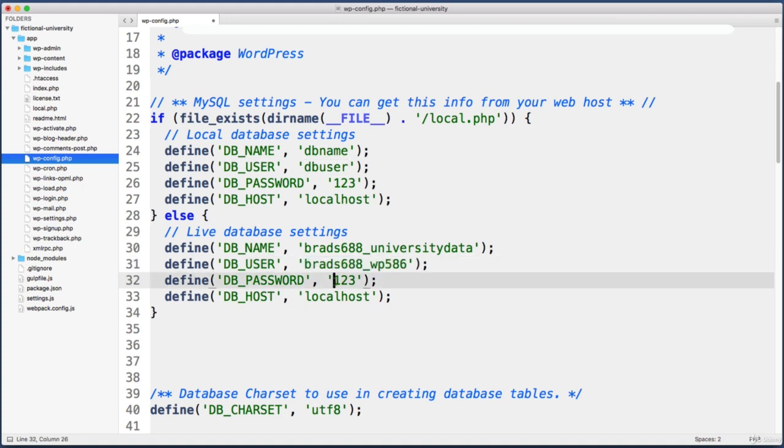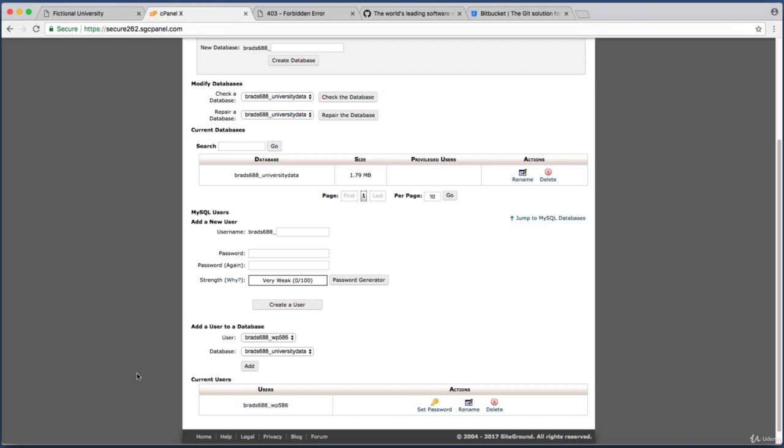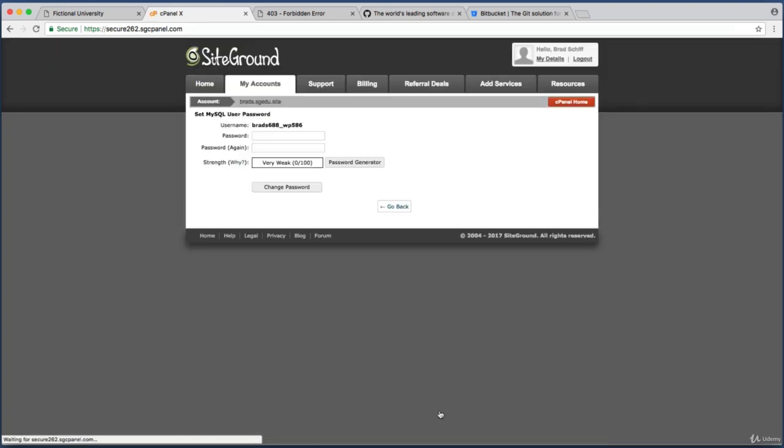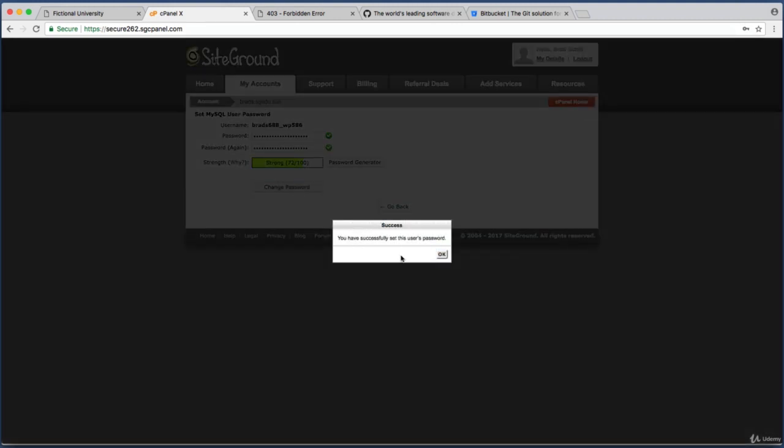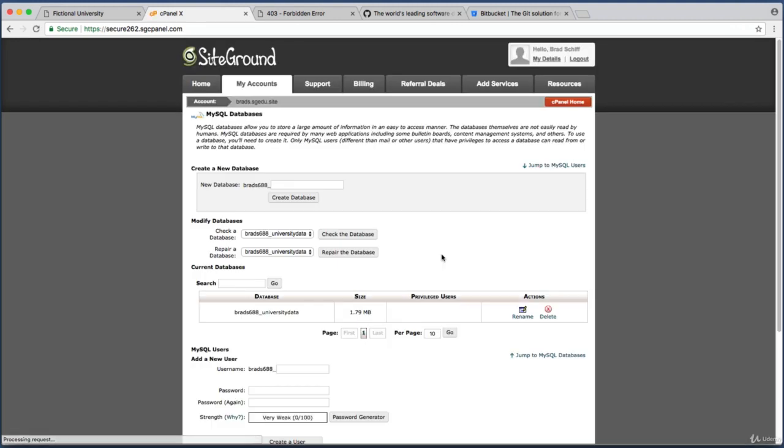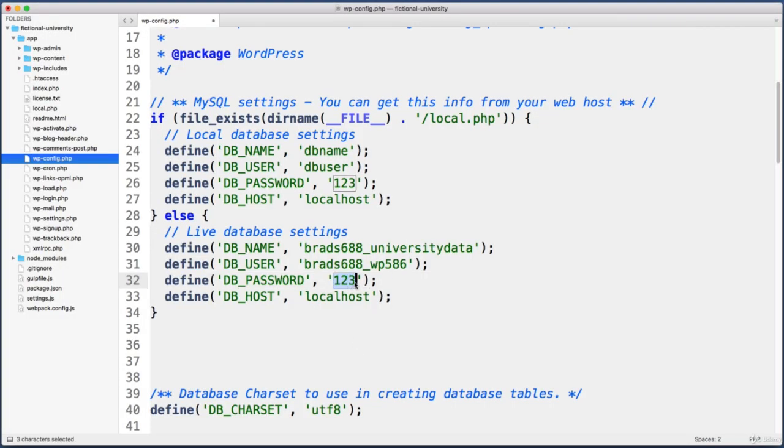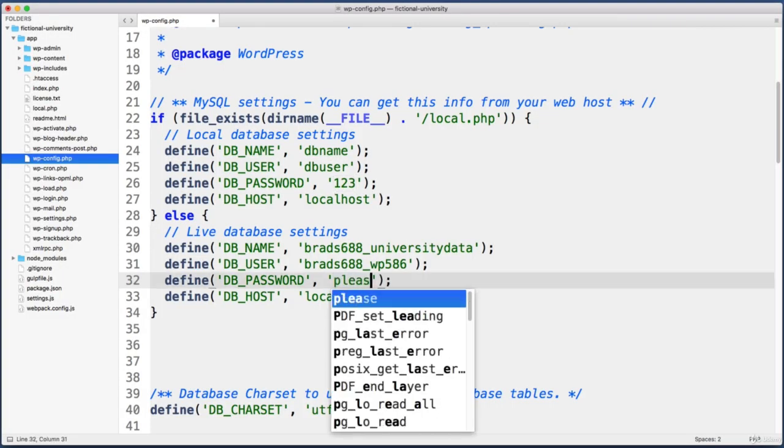Okay, and then next, let's focus on the password. As far as I'm aware, there's no easy way of finding out your current password. So our best bet here is to probably just set a new password. So I will click on Set Password. Go ahead and make up whatever password you want to use, and then click Change Password. Cool, we see a success message. Okay, so then back in your text editor, just update the password here